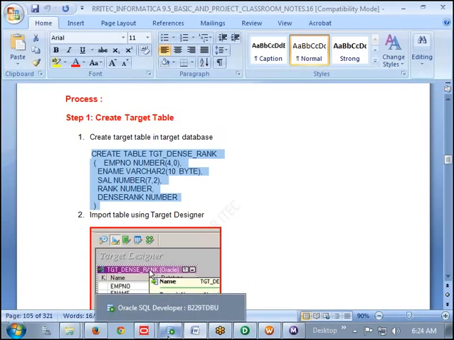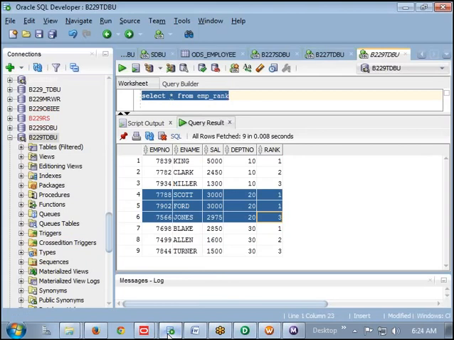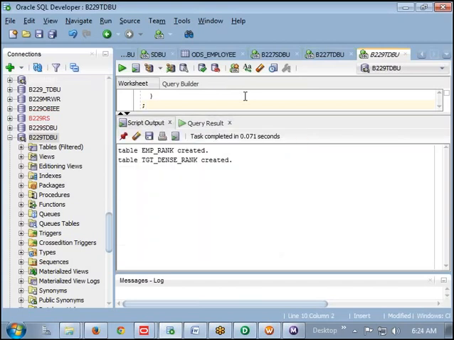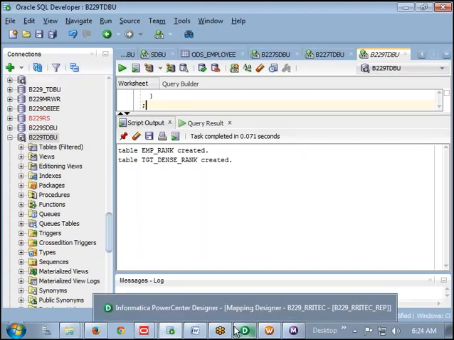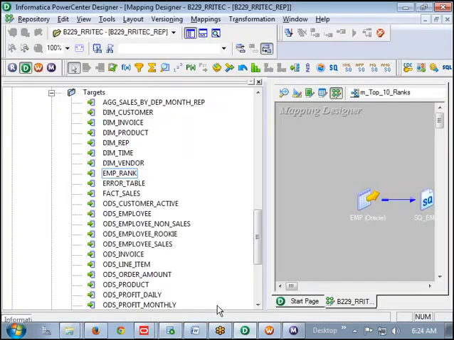Go to the database, then execute it here. Then the table is created. Import this table as a target.